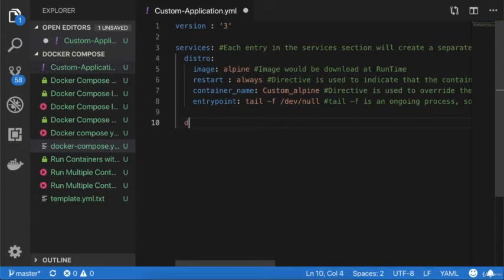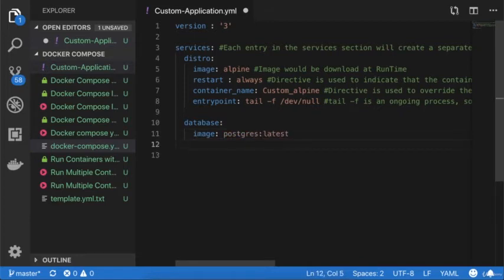So I will add another service like database. When I'm defining another service, basically it means it's a new container for my Docker Compose, right? So this is the first container distro and database is the second container, right? Over here, first I will define the image, and I will define the image Postgres latest.